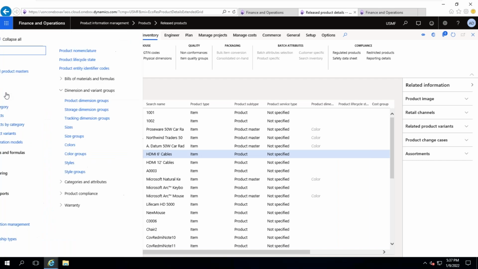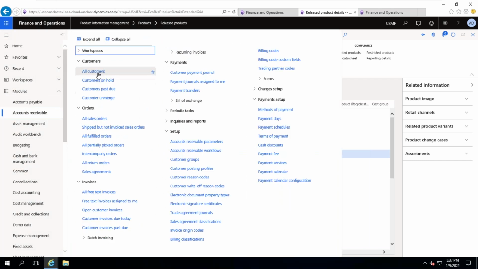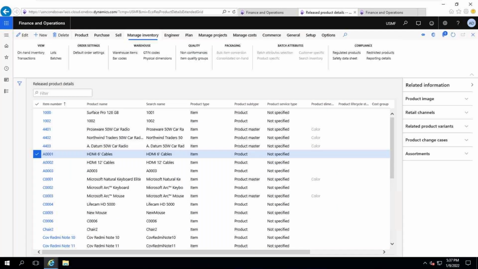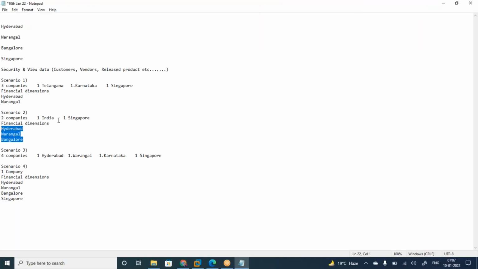If you go to accounts receivable, customers, it is showing all customers, including Hyderabad customers, Warangal customers and Karnataka, Bangalore customers. If it is fine for other branch people to view it like this, then you can create only one company for India.